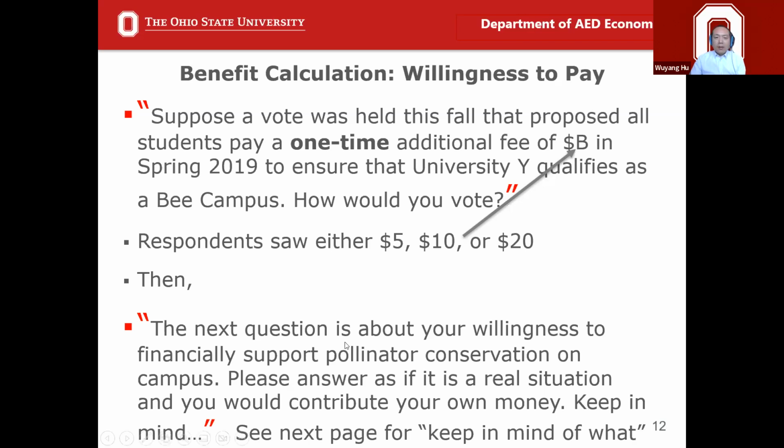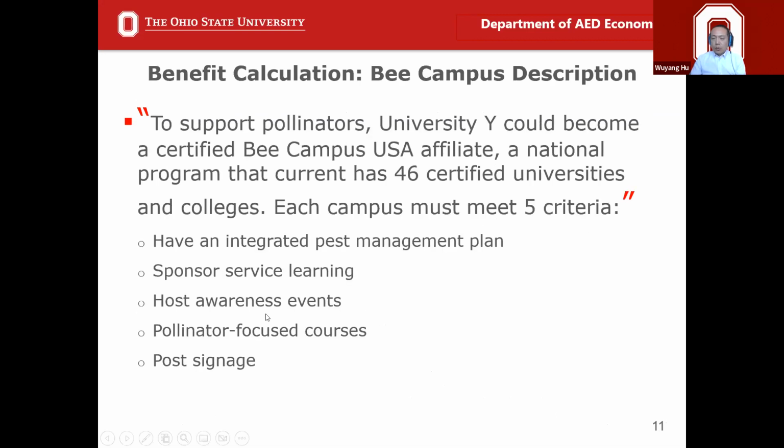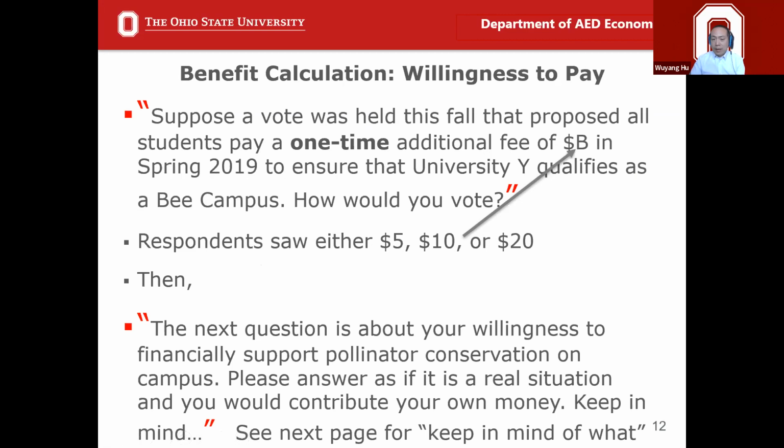So we asked the respondents about a one-time fee. I highlight this: one-time. For a one-time fee, would you be willing to let the university charge you some extra dollars, so that the university can have resources to put in the efforts, going back to the slide before, to encourage a B campus and get certified as a B campus? The dollar value, when respondents see this in the survey, varies across 5, 10, or 20. It's randomly built into the survey. People see random numbers, though not like 5.5. Only these 3 values.